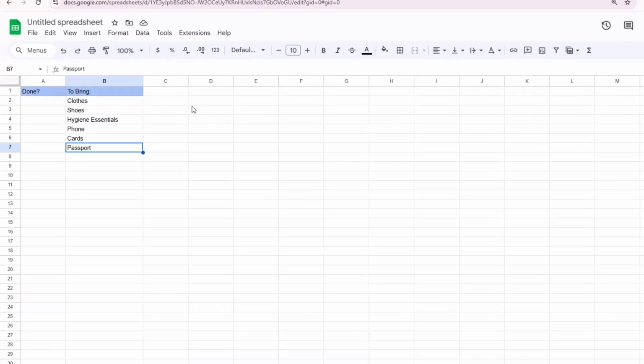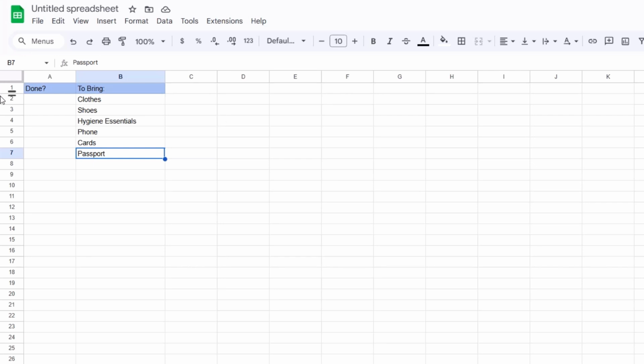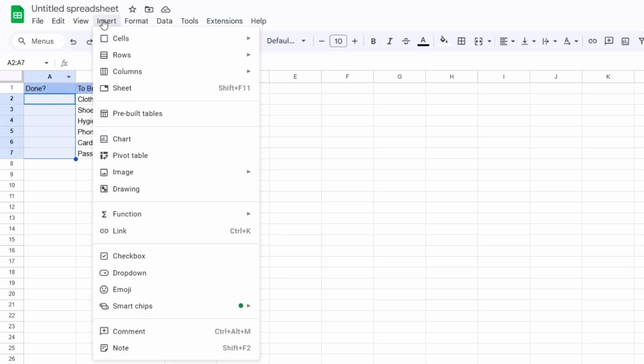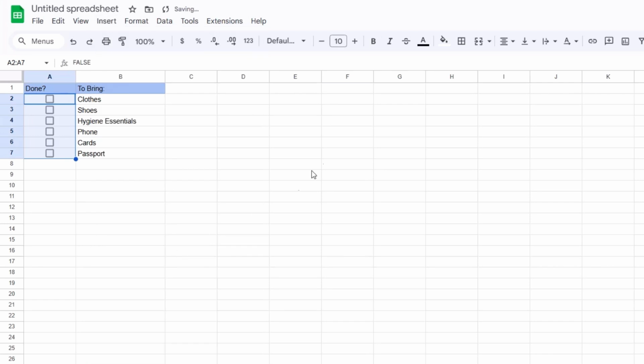So to make this list a checklist, we're going to be utilizing checkboxes. To do that, simply select, highlight, and drag those cells that you would like to add the checkboxes to. After selecting and highlighting, on the menu navigation, simply navigate to the Insert tab, and in here in the options, go to Checkbox. By doing this, you have now successfully added a checkbox to your list, which makes this list